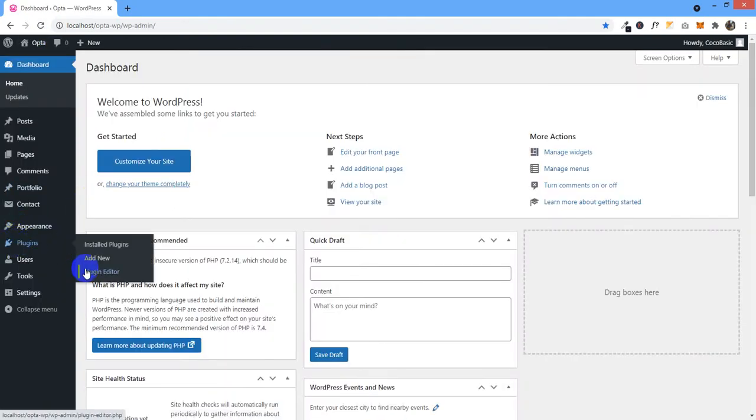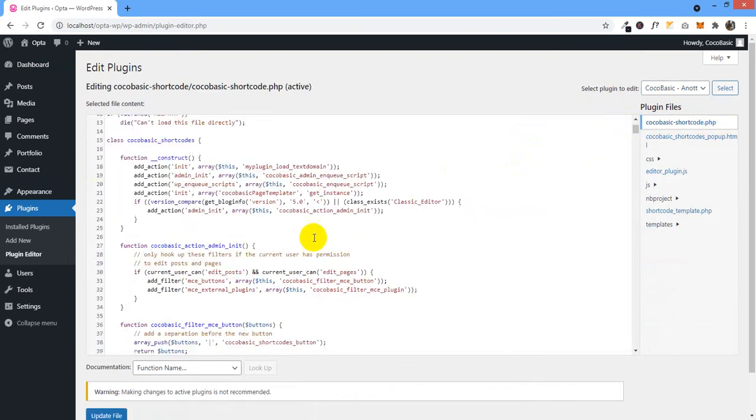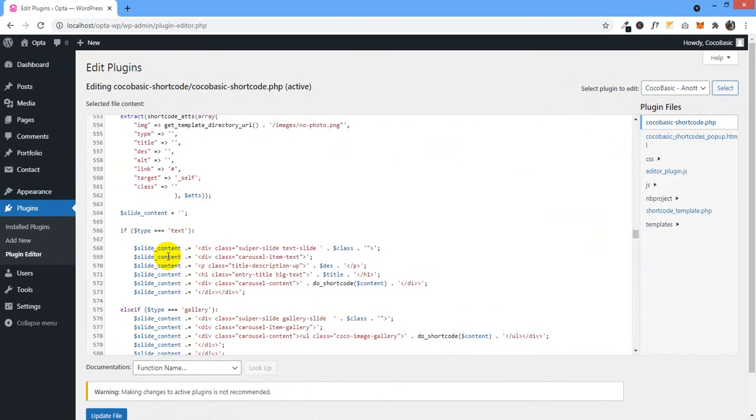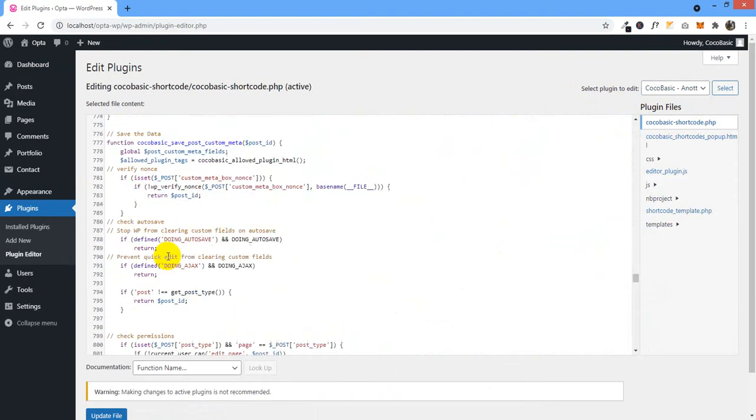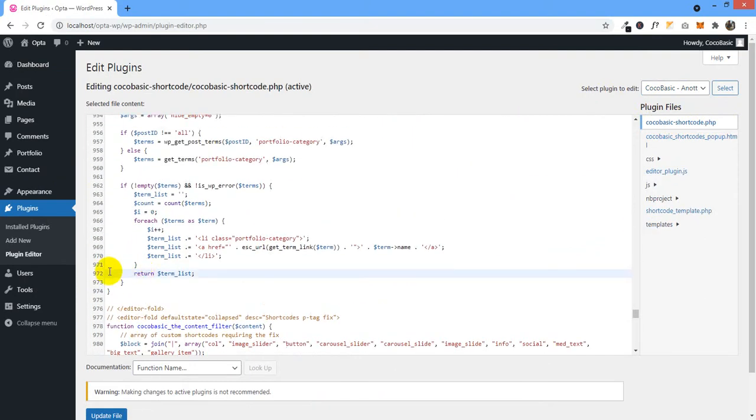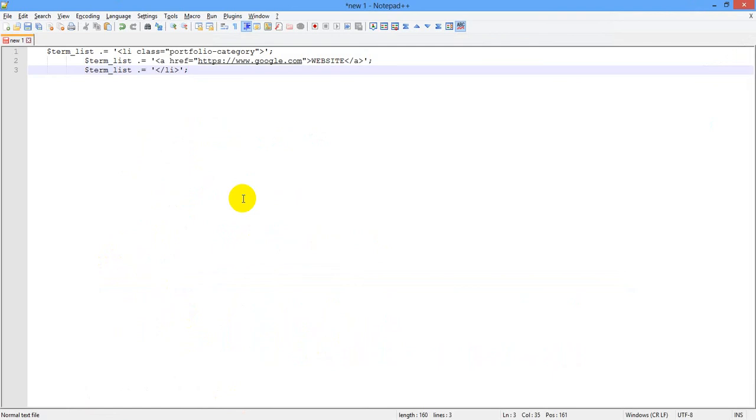to plugins, plugin editor. Here it is selected Node WordPress, and here I select the Cocoa Basic shortcut PHP. I will go to this line here, 971, add some space, and we'll add this code